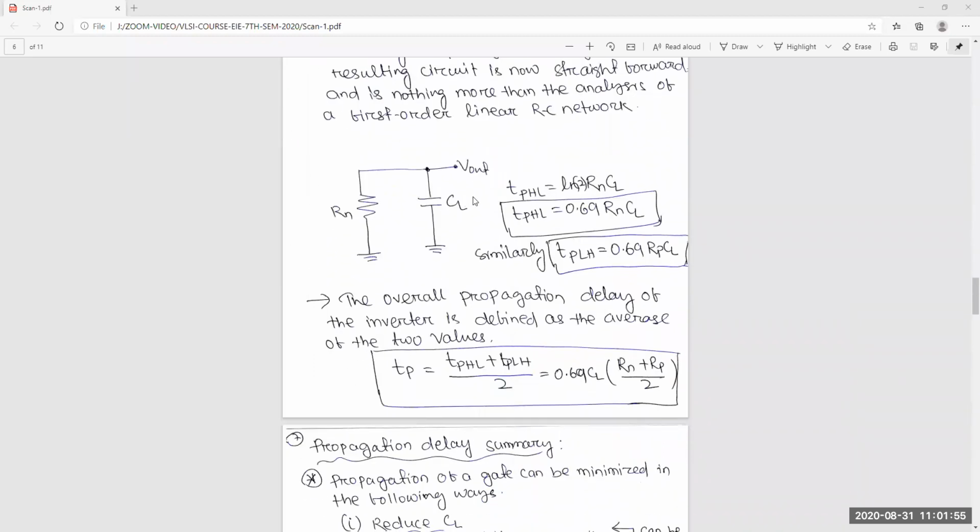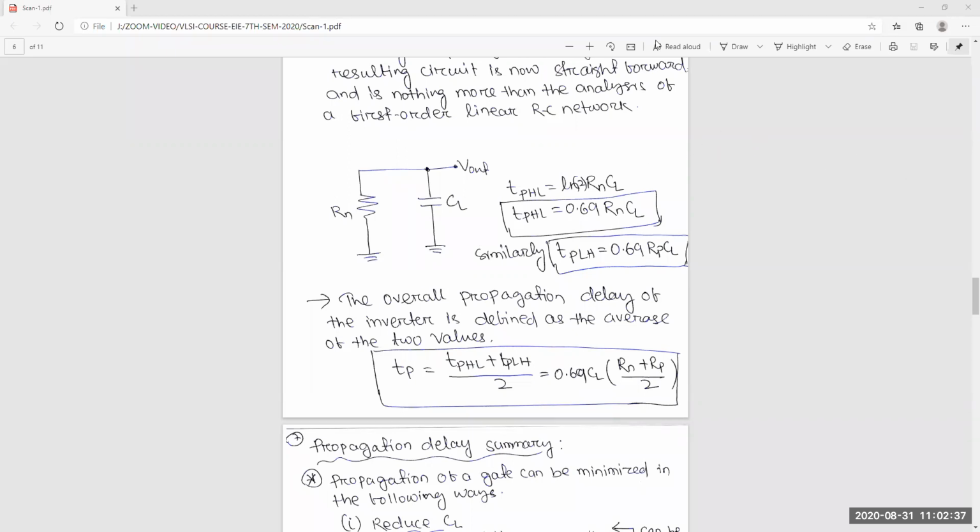So this is finally what I said. For that RC circuit, you'll get TPLH or TPHL. So this is 0.69 RN CL. Okay, so it will discharge high to low. So during discharge it is 0.69 RN CL. Again, for charging it is 0.69 RP CL. So how this number 0.69 is coming, you can easily understand from what we have discussed. And here remember another thing also. Shatabdi and Pratik also mentioned that point.